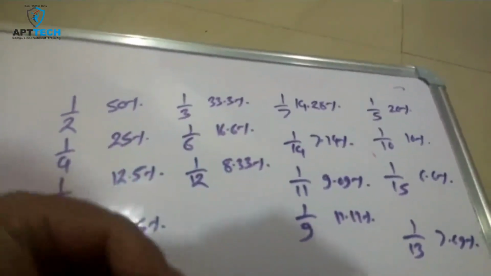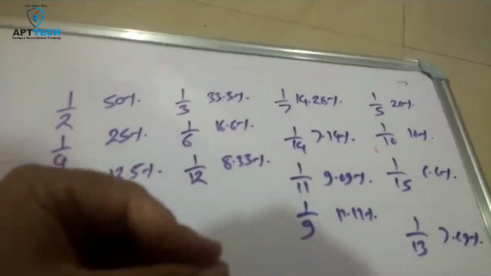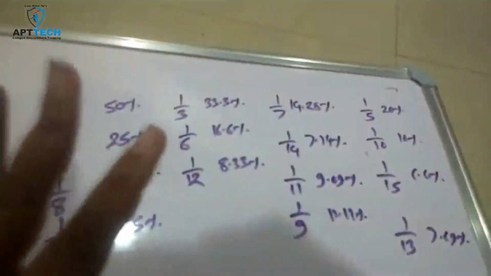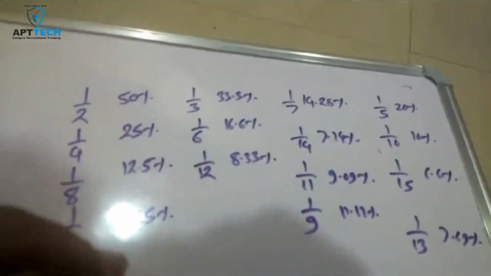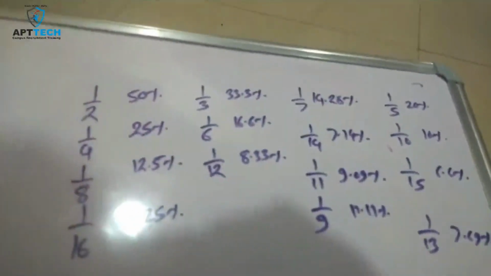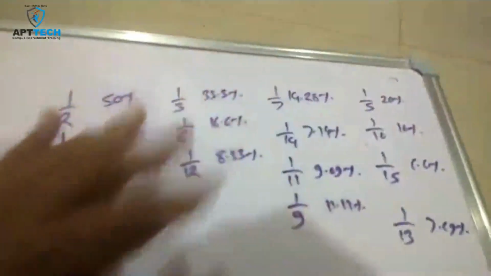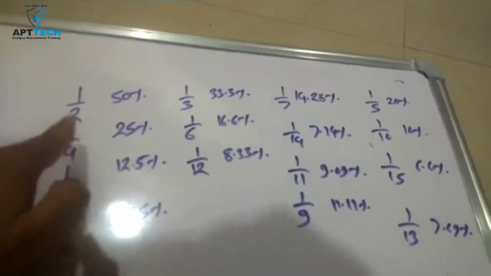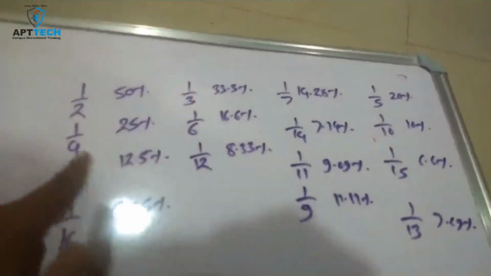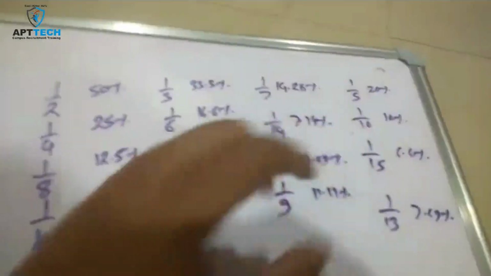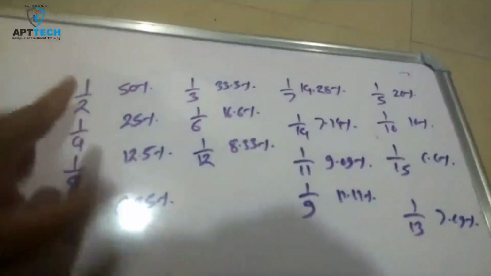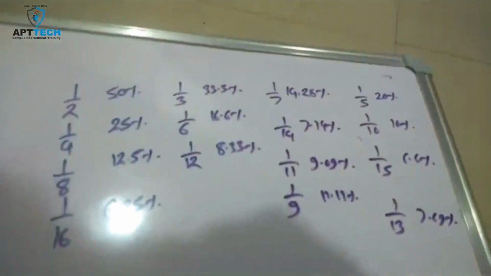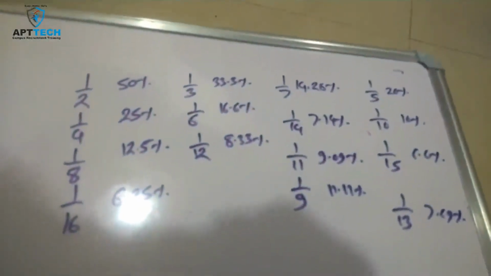Over the course of 7 to 10 minutes of this video, we are going to learn how these values are generated. So that is the agenda: conversion of percentage into fraction. All these values will be taught to you step by step. They are not written in serial manner, 1 by 2, 1 by 3, 1 by 4, 1 by 5, because we have to learn in chain manner. First this chain will be taught, then this chain, and other values will be taught again.